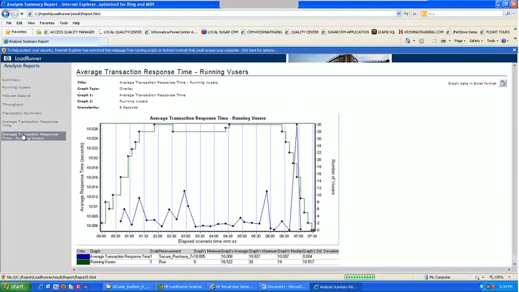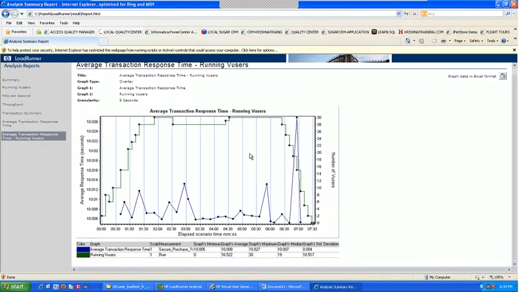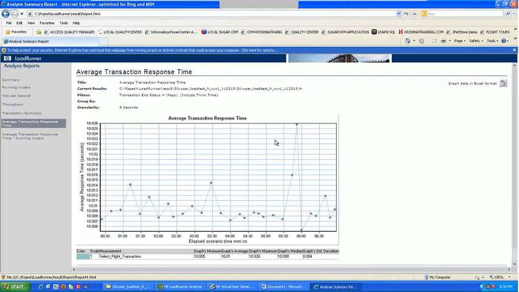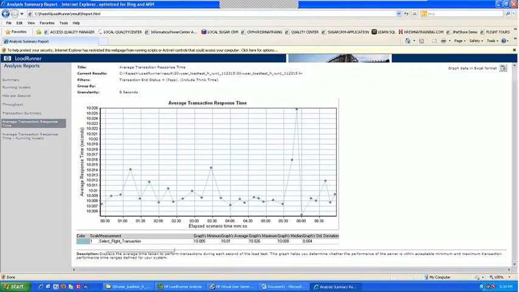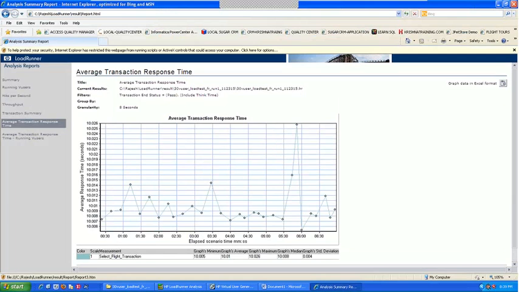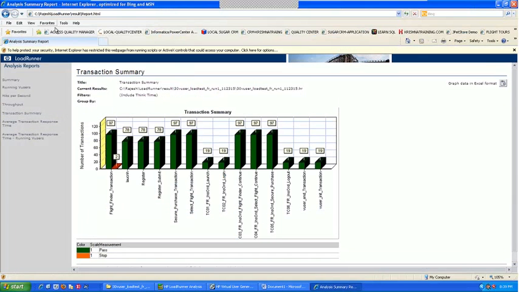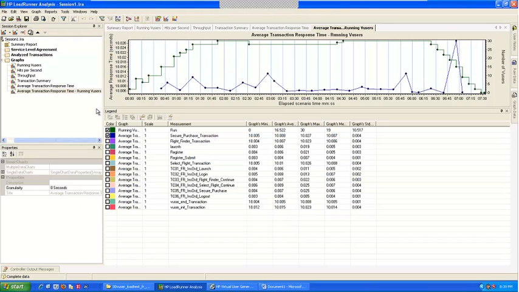The graph you merged is also here. You see, it generated a graph for you. Since we selected only this transaction, the rest was not highlighted, and it gave you only that transaction. You see, it generated an HTML report. Now you can zip this and send it to anyone you want. That's how we generate the HTML report.